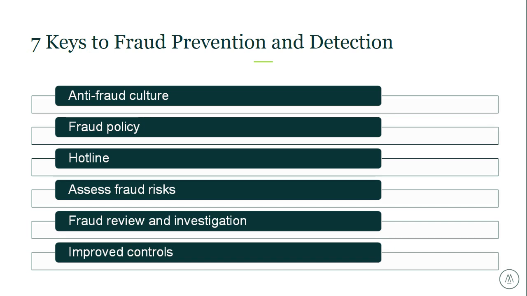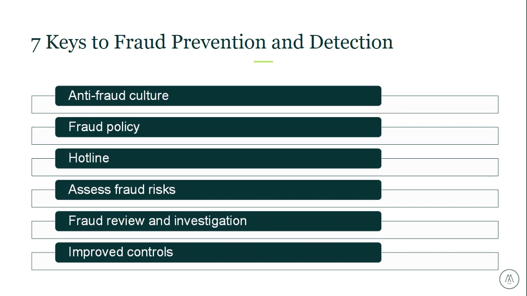Fourth on the list here is assessing fraud risks. So annually, each organization should walk through a fraud risk assessment. That assessment ultimately helps management identify where and how frauds might occur and who might be able to commit fraud. Typically, if an internal audit shop exists in your organization, this assessment takes place within the internal audit department with feedback from various management, but it can be taken on by management as well.